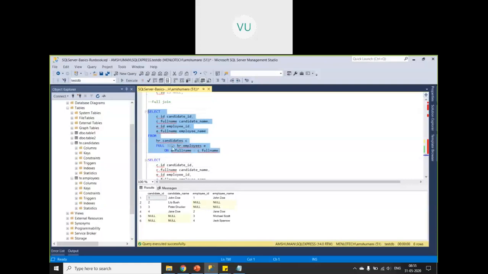So full join: records which are matching this record and this record are returned. Next, records from the left table which are not matching, with null as placeholders, are returned. Records from the right table which are not matching, with null as placeholders, are also returned. That is full outer join.